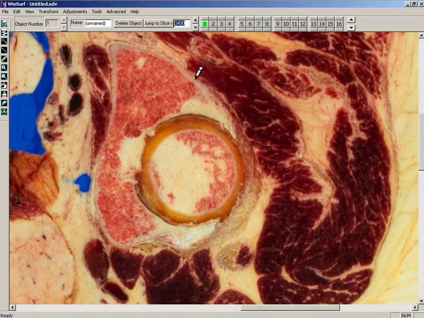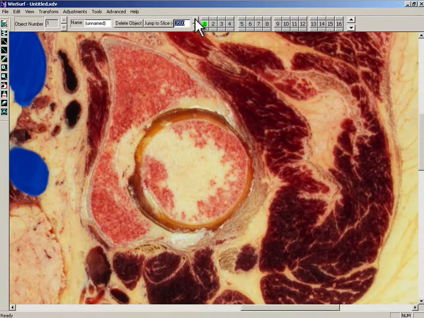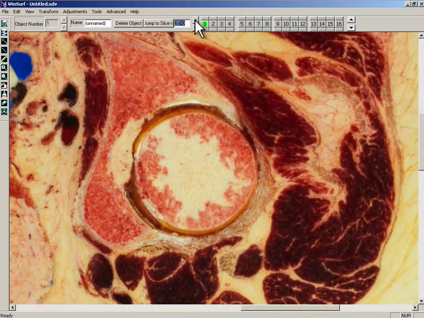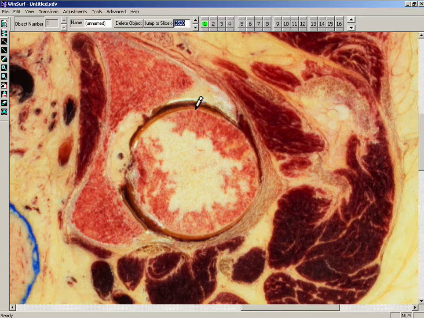I go down one. This is 10 slices below. I begin in the same way, and I outline with the pen. Now I go 10 slices more. Once again, I'm outlining the cortical bone of the head of the femur. Then I will go 2 times, or 20 slices below. You can outline the same. And then if you go down,